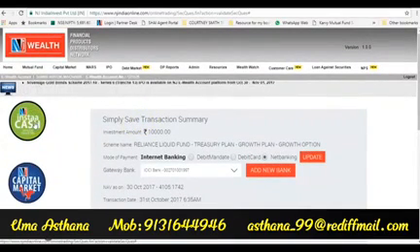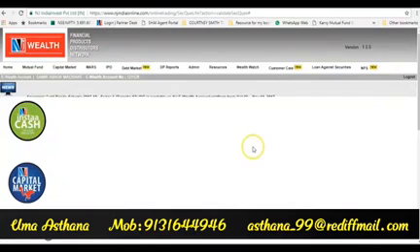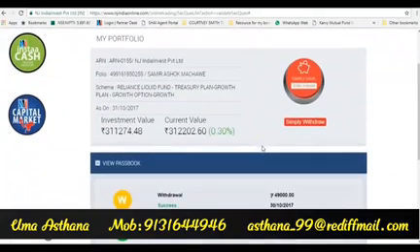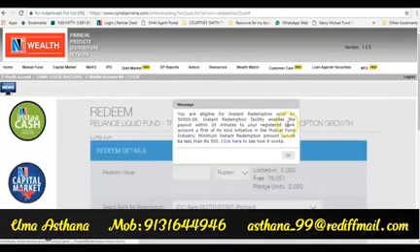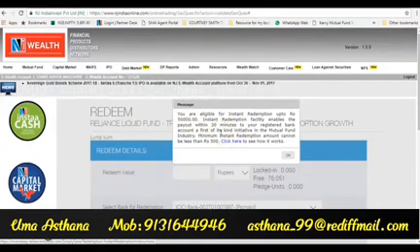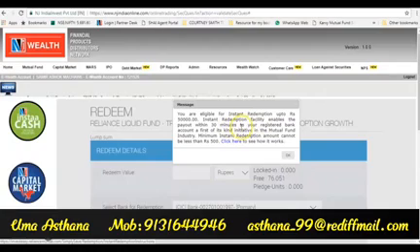If you wanted to withdraw the money, you can just enter the amount, say 10,000 again, and say simply withdraw. So you have a limit of daily withdrawal in this facility. So it will show you the limit. In this case, the limit is 50,000 rupees for an instant redemption of within 30 minutes. This is how it will work. So this is how this InstaCash facility is going to work for us.